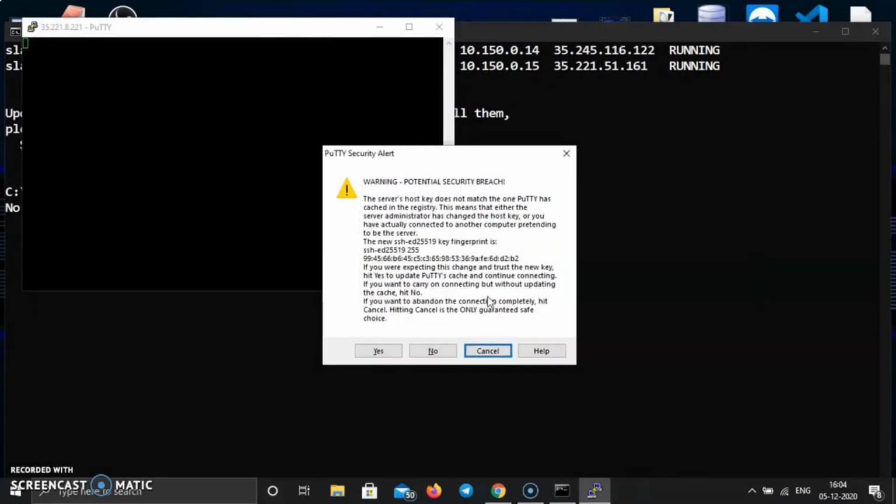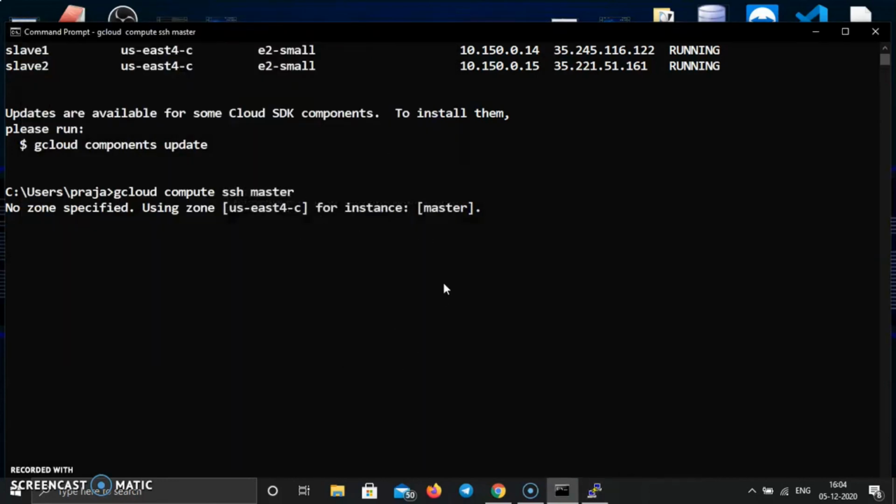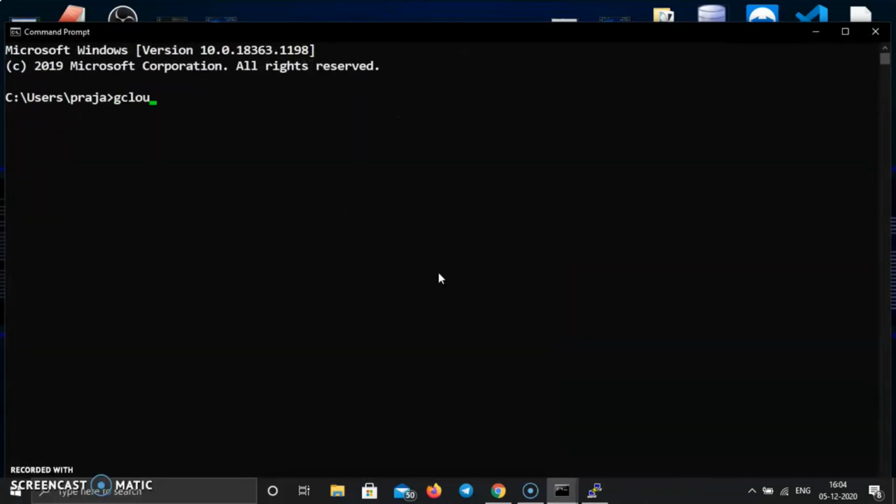Now this will open in PuTTY, so you also need PuTTY installed on your system. Now I am going to do SSH into another system. So again run the same command, gcloud compute ssh, and the second node is slave 1.